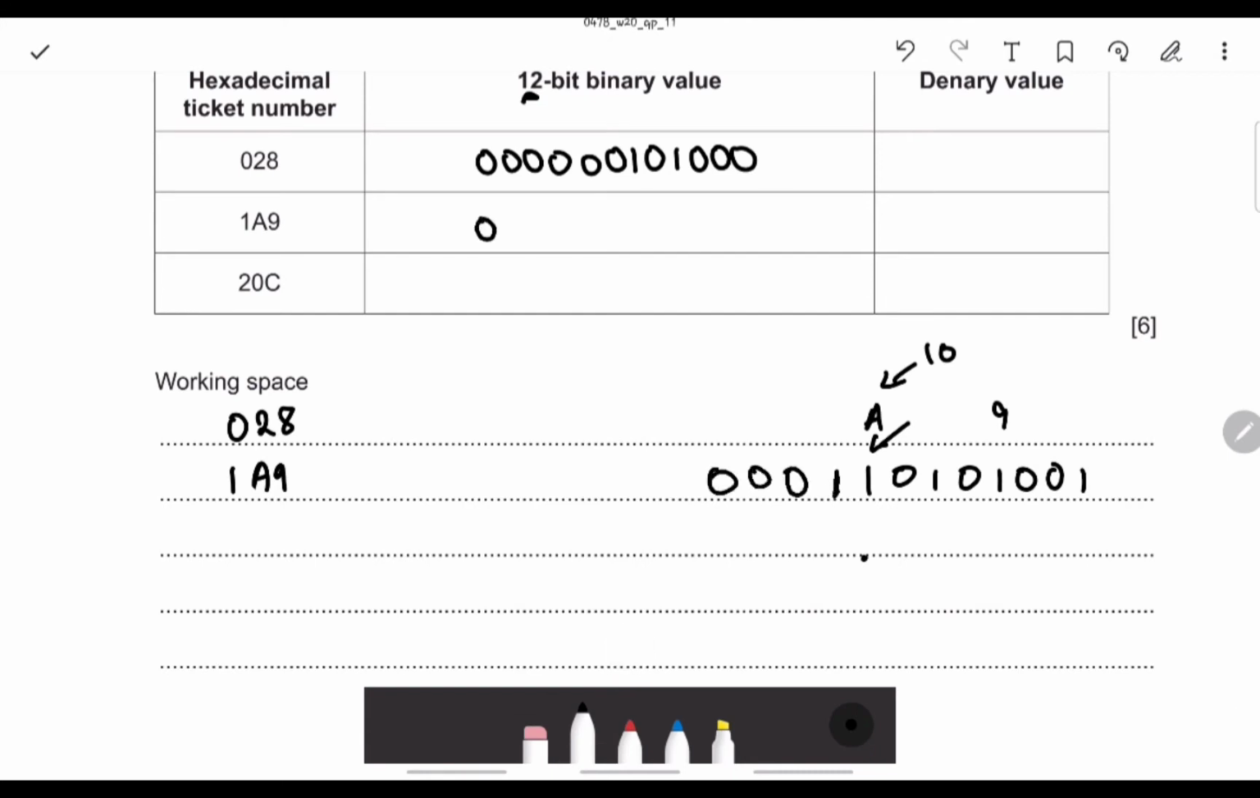So the hexadecimal is 0, 0, 0, 1, 1010, 1001. Okay, just like that. Finally, the next one is